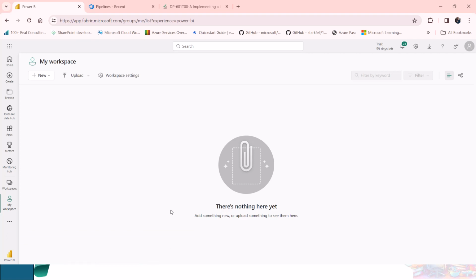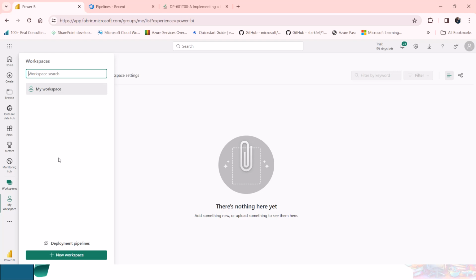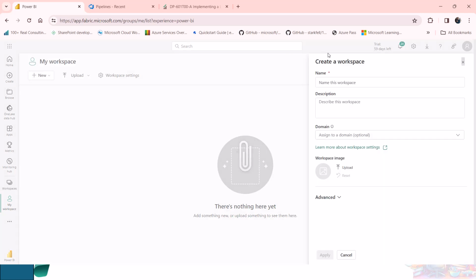This is my Fabric infrastructure. I have already got a Fabric subscription and I have got my default workspace called My Workspace. Now I can go to this workspaces option from here and I'm going to create a new workspace. In this new workspace, you can see that I have Create workspace, and here I need to provide a